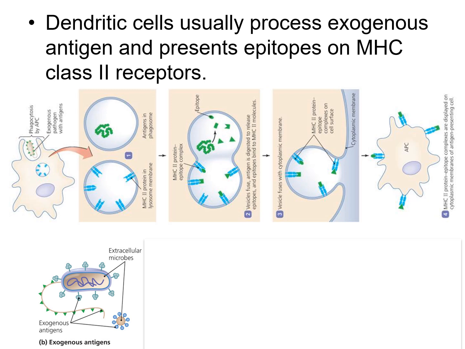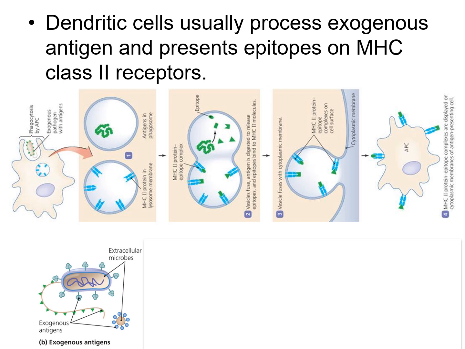This phagolysosome has the MHC2, then a particle, an epitope, is going to be attached to the MHC2 glycoprotein. Now, through exocytosis, this vesicle fuses with the membrane, now exposing the MHC2 glycoprotein with the epitope on the surface of the